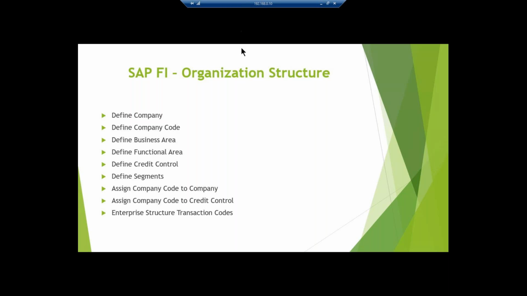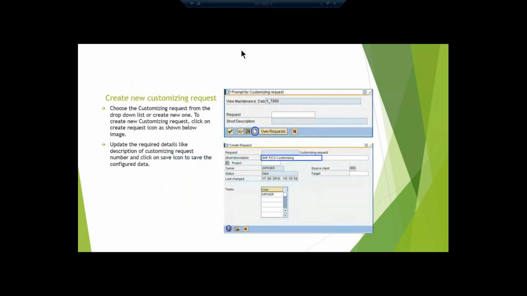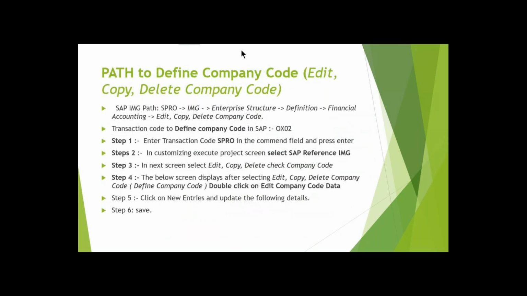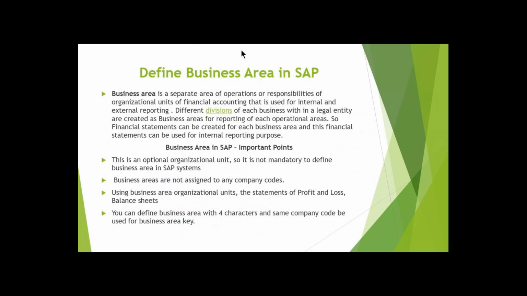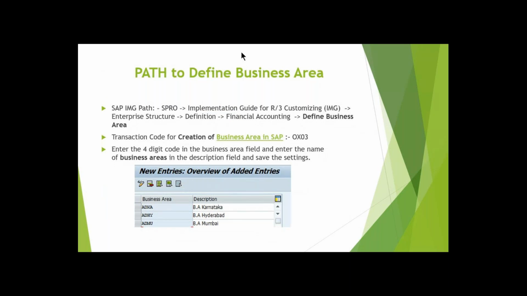Now, why do I require a business area? What is the functional area? Now, what do you mean by business? Business in the sense of activity. Correct. So whatever activity you are doing, whether you are doing your financial statements or an internal report, whatever you are going to create under the organizational unit should be represented at a place.